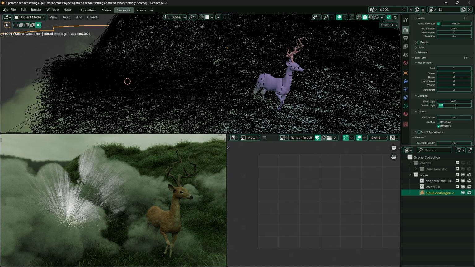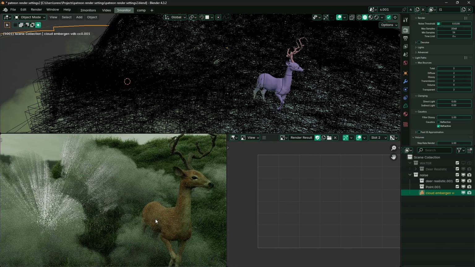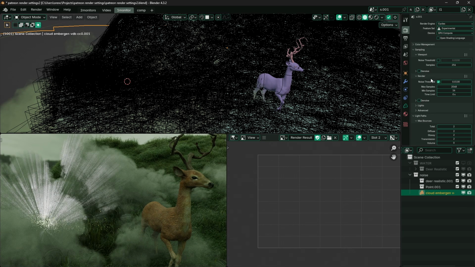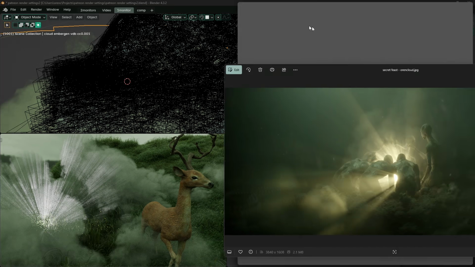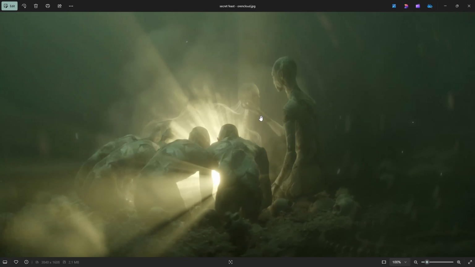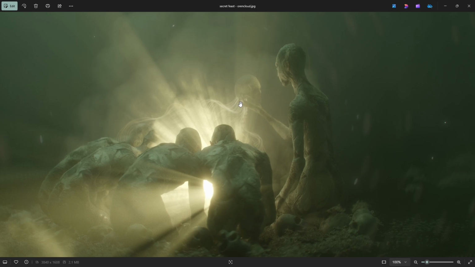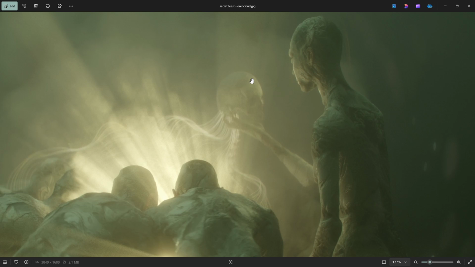So use this sparingly, but it can definitely help a lot in a situation like this where the light on its own is creating all these glitches, all these fireflies. If you put it at something very low, it will help the rendering. If you use this setting on top of the noise threshold, you're actually going to be able to render very challenging situations. For example, this other render that I made a while ago,